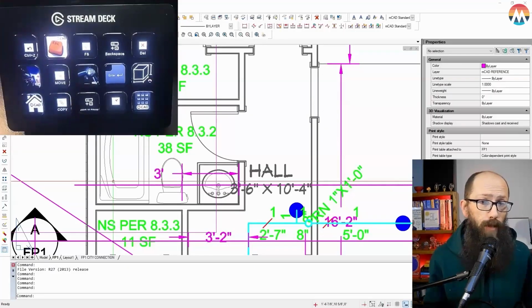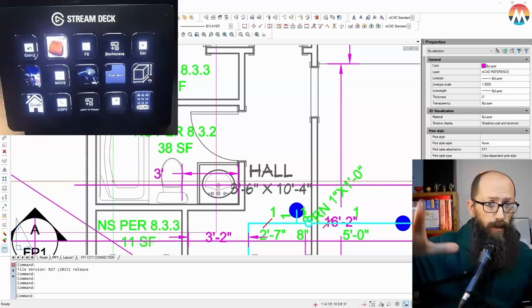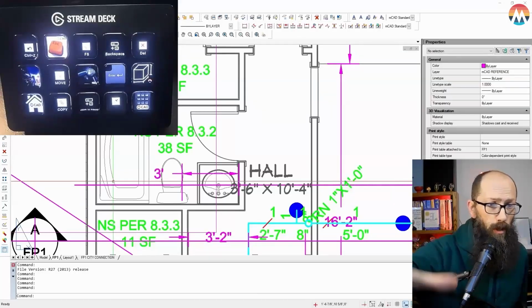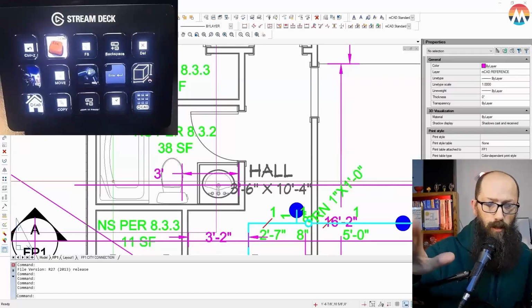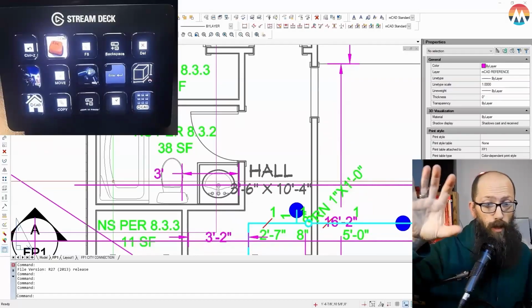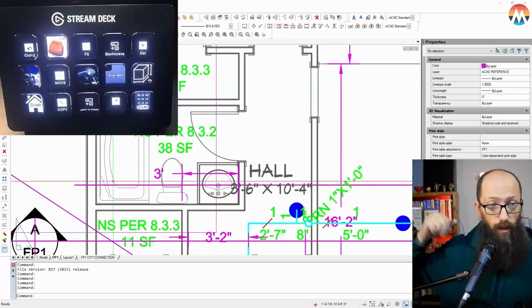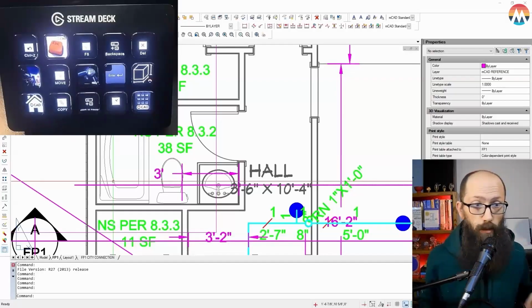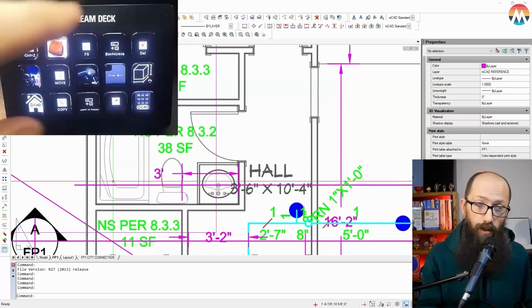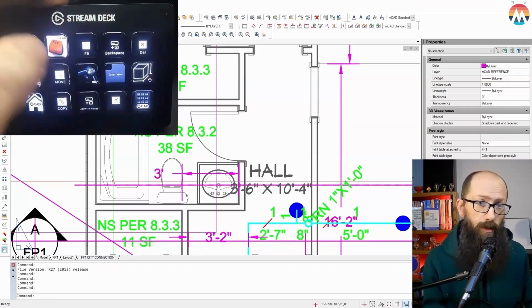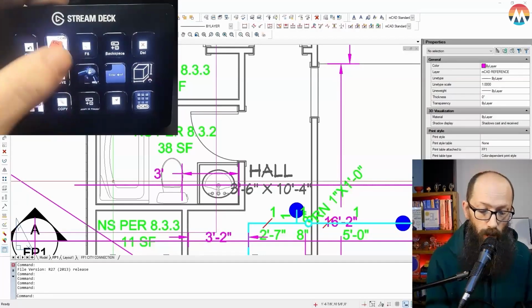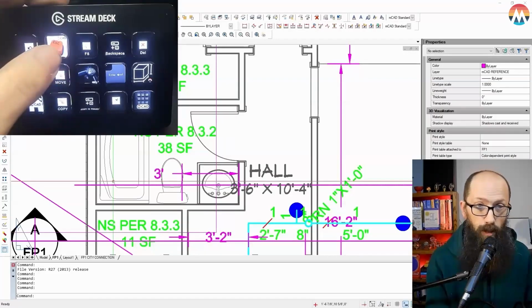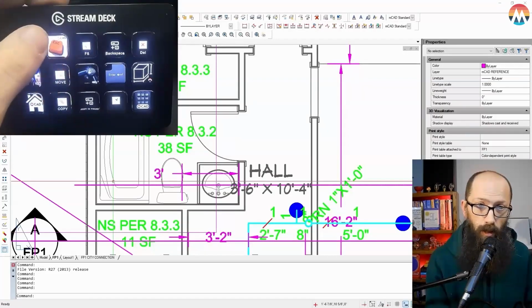In the past, I would have my hand anchored on my keyboard with my index finger on the escape button, my thumb anchored on the space bar, my right hand on the mouse to draft efficiently. And so a lot of this button layout is kind of based on that, because my hand is no longer on the keyboard, I need those things handy. So I've got this escape